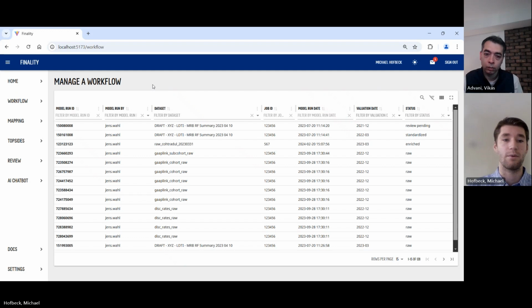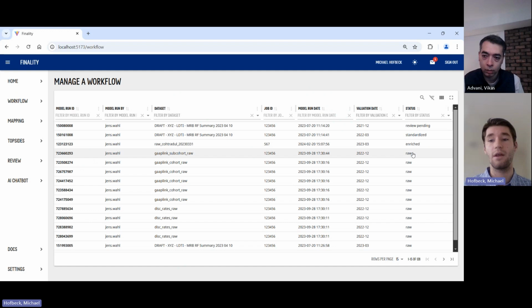And we have a bunch of data about it, but what I'll draw your attention to is the status over here. So the process here is we have our raw output, which comes out of the model. And then, like I said, it can be standardized and then enriched and then go through a review process. And how this works on the cloud is that once we have our raw data, this can be stored anywhere. So for example, right now this is being stored on-prem in SQL, but we're actually using the cloud to pipe